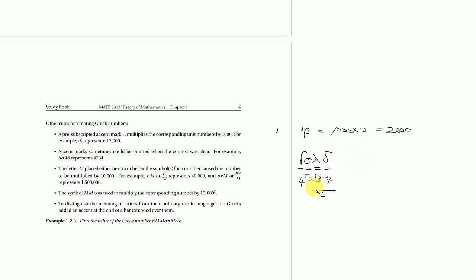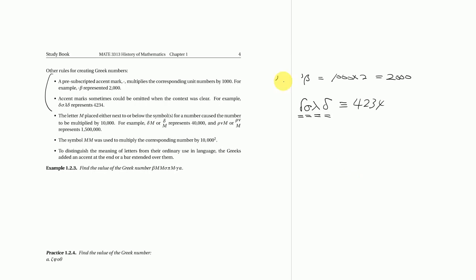Wait, so the first delta is not simple 4, but is with something, right? Like that. So technically, it can be the same as 4234. So if it's clear enough, they don't need to put that information, right? Okay, so altogether, it's showing us how we use those symbols and that accent mark to present a bigger